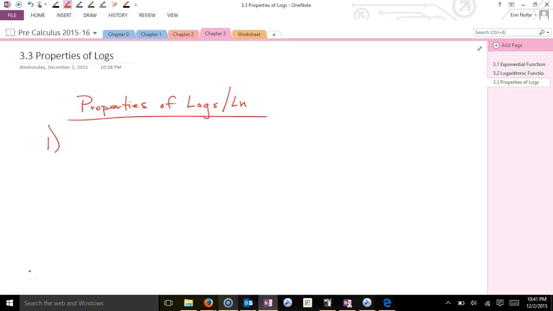Okay, so the first property is called the product property. The idea of these properties is it's going to allow us to expand and condense logs. So for example, if we have some log with the base of b,